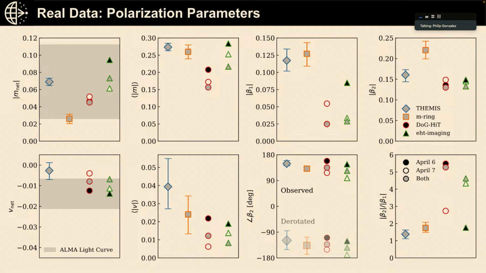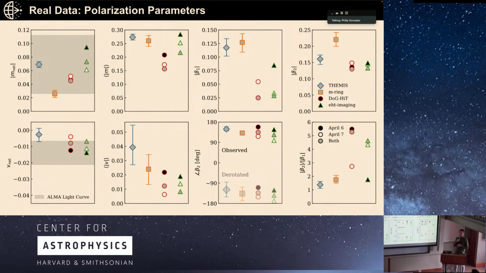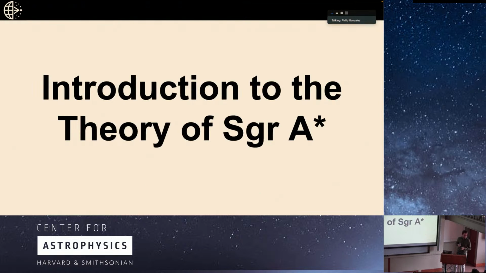And another interesting quantity to look at is this argument of beta 2, the rotational symmetric modes that will tell you the twistiness of this polarization pattern. And here, the fact that these are all close to 180 degrees is telling us that the polarization pattern is more azimuthal than radial. So now to tell you what this all means and how we can interpret these images and quantities, Angelo will take over.